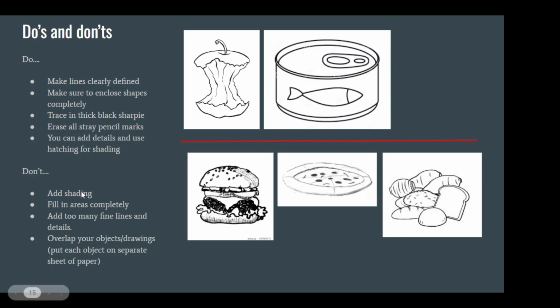Here's what you cannot do. Do not add shading. Don't add shading with the pencil. Again, you can do hatching, cross-hatching, and stippling if you know what those things are, but you cannot use shading like this. Do not do this, okay? Number one, I want you doing that in Illustrator. Number two, it's going to cause you problems when you try to color this in Illustrator.